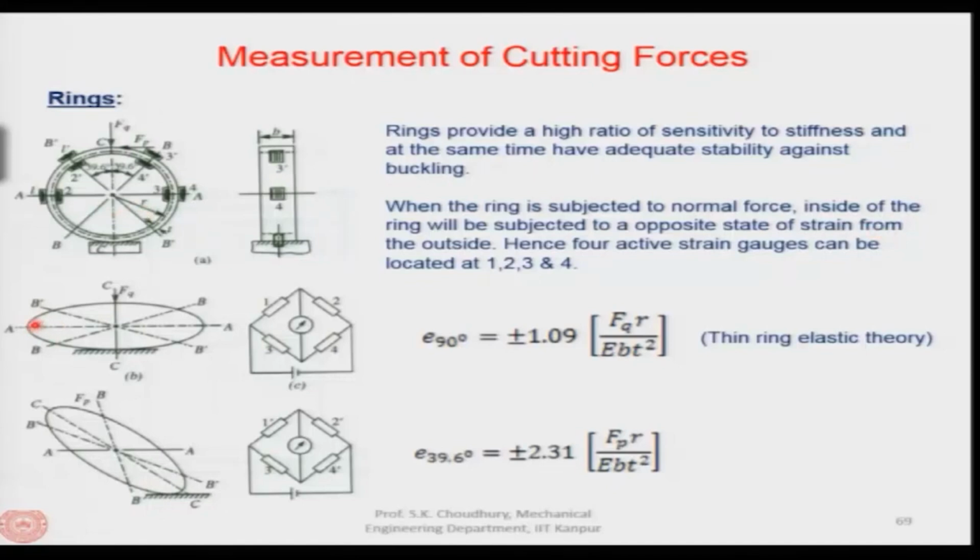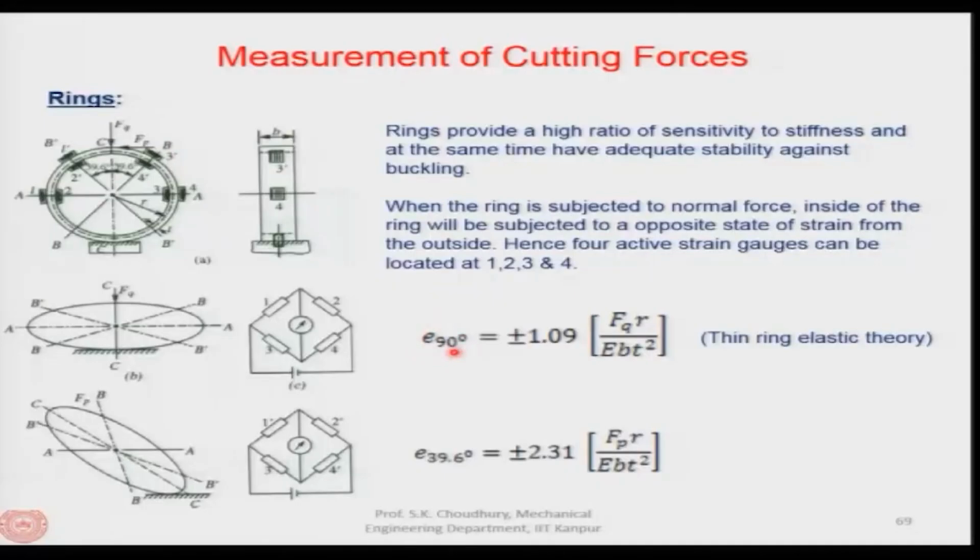You can imagine from here that if it is deformed in this way, going in one direction, then inside it will be in the other direction. So, therefore, these are the 4 sensors or 4 strain gauges which are placed here. Similarly, 1 prime, 2 prime, 3 prime and 4 prime are placed at an angle of 39.6 degree, because in a ring structure, photoelastic experiments show that the maximum strains occur at the nodes located at